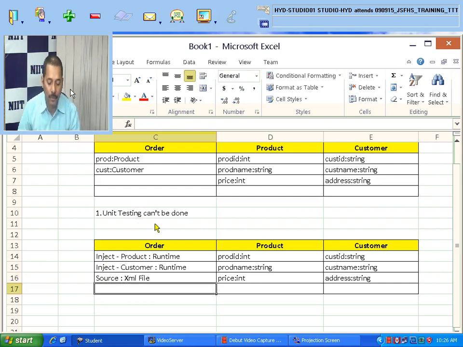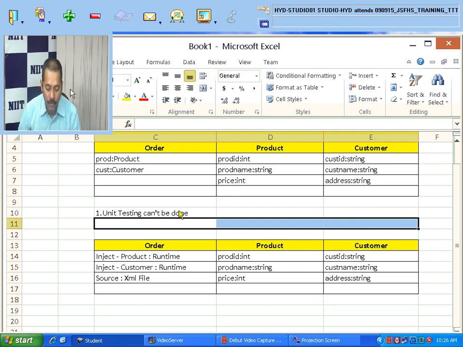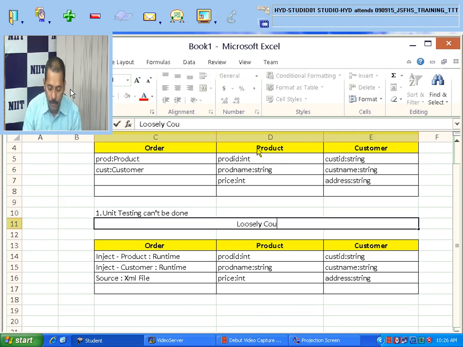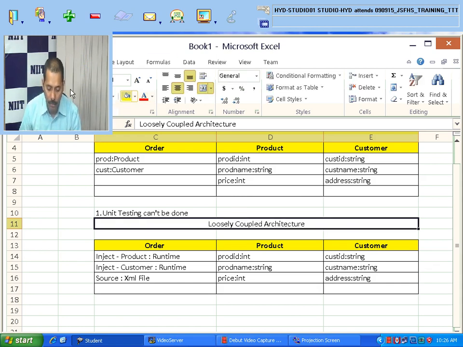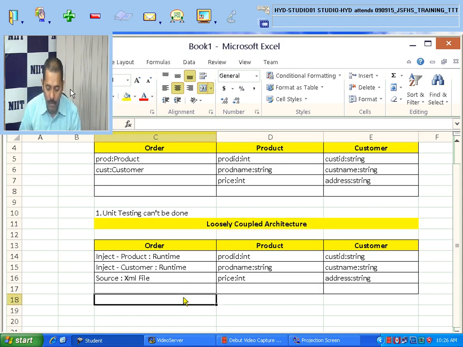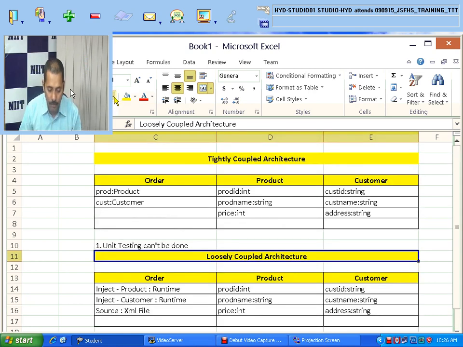So this is about the loosely coupled architecture, which is what we are talking about.